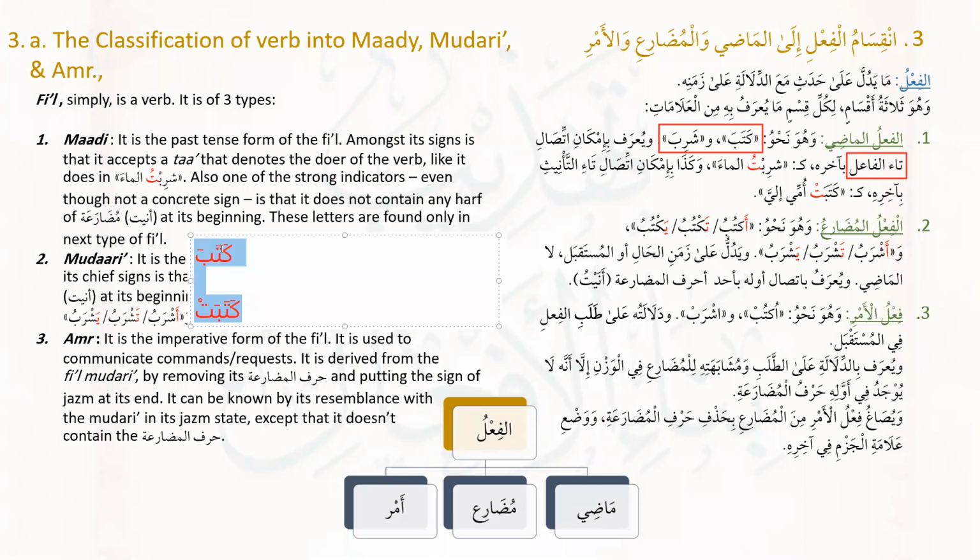But if you look at أكتب, can you say أكتبت? Do you find it yourselves familiar with the word أكتبت? No. That means this is not a fi'l madi. This must be something else. Likewise, have you ever heard the word أكتبت, and putting a ta'anith at the end? No. That means this is not a fi'l madi. It must be a fi'l mudari' or something else. It must be something other than a fi'l madi.